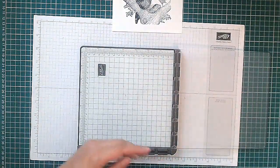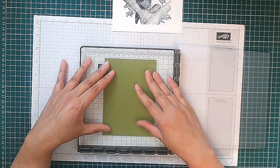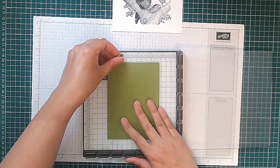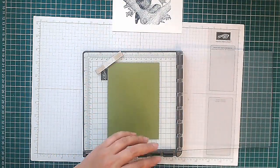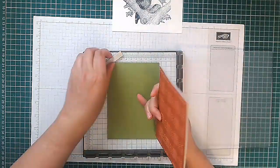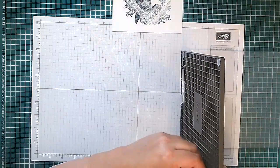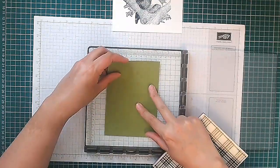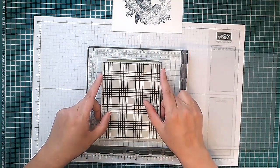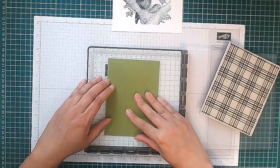And our background here I've got is a piece of Old Olive, and this measures 14.35 centimeters by 10 centimeters. And we're going to do some tone on tone stamping. So we're going to stamp in Old Olive, and we're using this stamp set called Sketch Plaid, I should rather say. And you can see here just a lovely image,